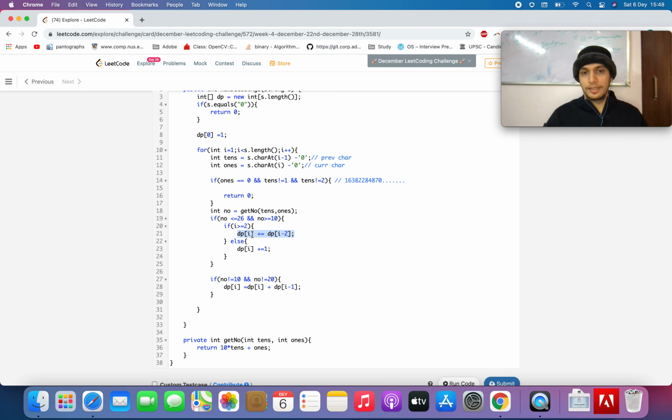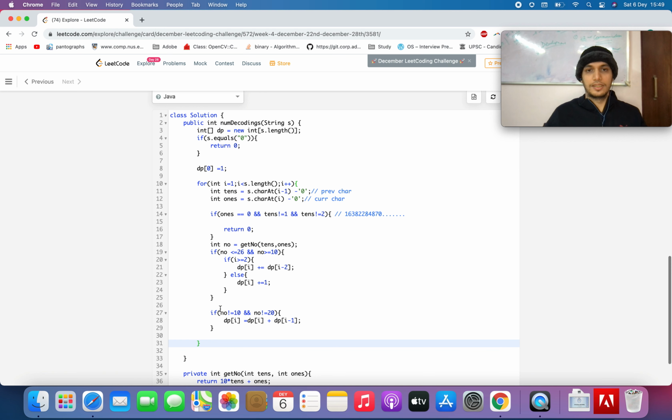I have added the DP that was calculated at index i minus 2 to the current answer, and for the cases where the number is not equal to 10 and not equal to 20, because 10 and 20 can only be decoded in one way, not independently as 1 comma 0 or 2 comma 0, I have added dp of i minus 1, whatever was computed at the previous index, to the answer.